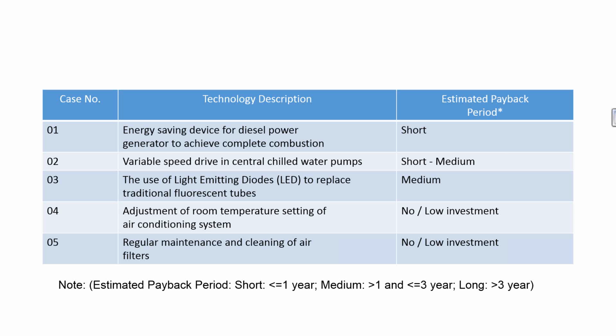Okay, case number 2, variable speed drive in the central chilled water pumps. In general, the total cooling capacity of a central air conditioning system is designed according to the highest cooling load plus an amount of spare capacity. However, in actual operations,